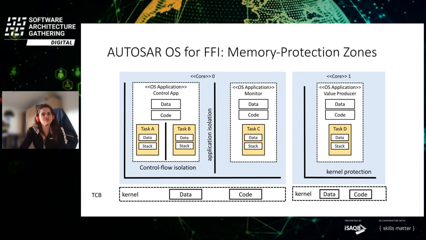And as an application architect, I would have to decide on which cores in a multi-core system my application basically runs. I have to think about which kind of threads or which kind of tasks I have in my system. Which kind of data can be accessed from these various tasks, and are they isolated from each other? So I have to reason about control flow isolation and application isolation,